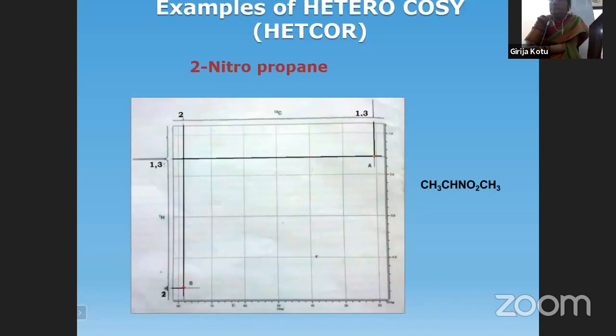In this spectrum, the intensity is very low for the second carbon because it is a methine carbon with only one proton. The signal intensity depends upon the number of attached protons. The more protons, the more intensity. So the second carbon, being a CH carbon, has less intensity compared to 1 and 3, which are methyl. See the intensity of the 1 and 3 signal, it is a little higher. Next, on the y-axis, we are referring to the proton NMR spectrum.